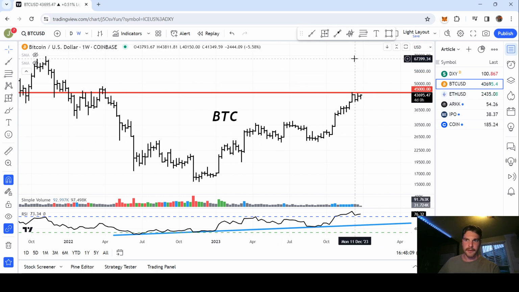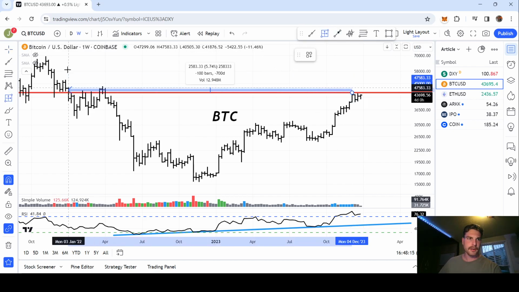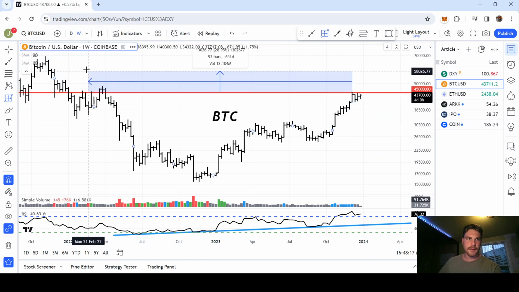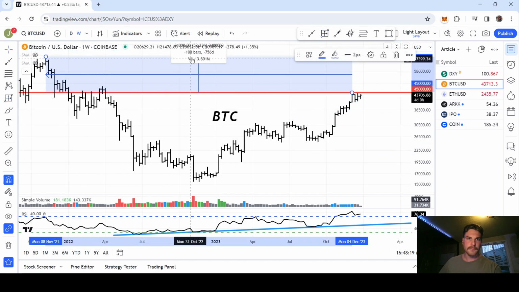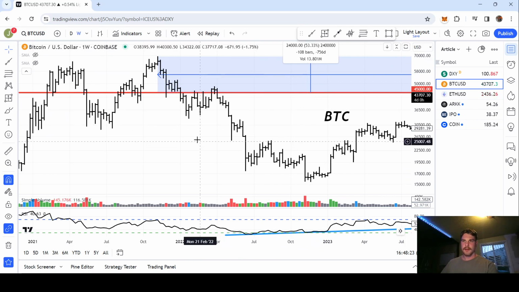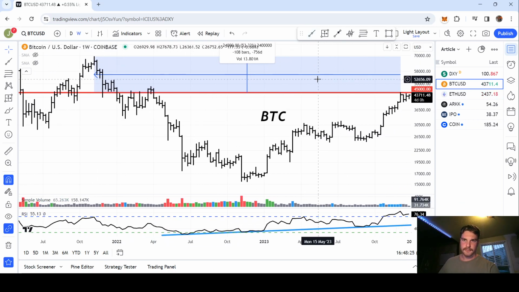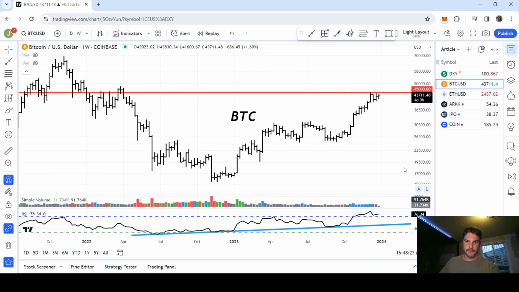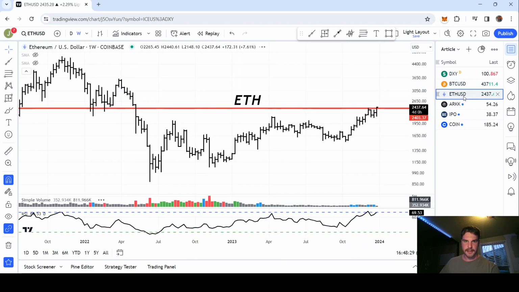And if we hit 45,000, this thing is hitting 69,000, no problem. I firmly believe we'll be seeing all-time highs if we can break that level. And if we do that, that's going to be another 53% gain. Let's move that over. 53% gain, which is not small at all. And if Bitcoin's breaking out, that means that Ethereum is also likely to break out. Seen a little bit smaller move.